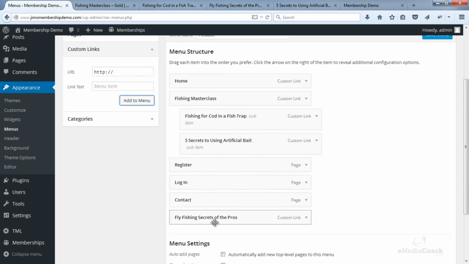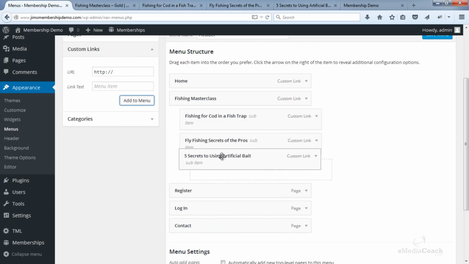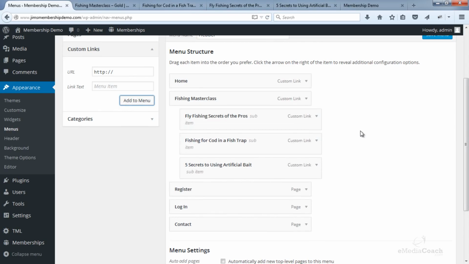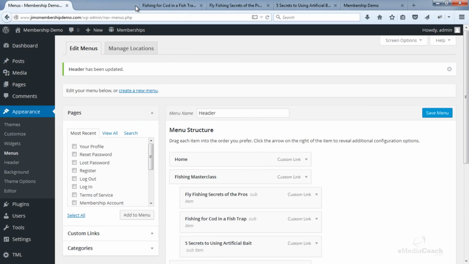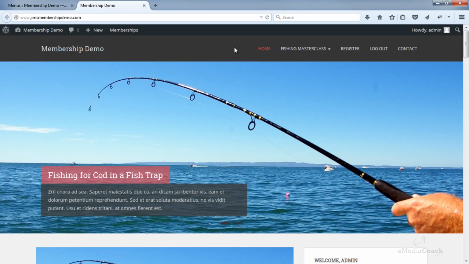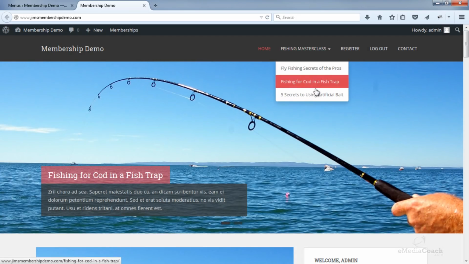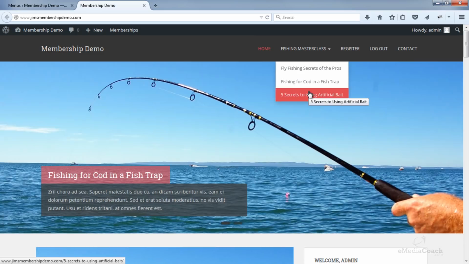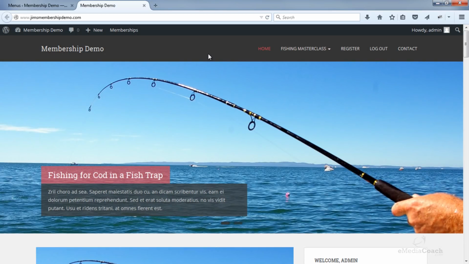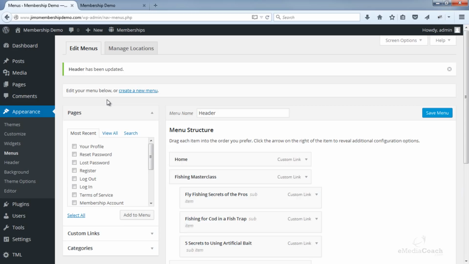And we can drag and drop this, and also within submenus you can also rearrange the order in which they appear. And click Save Menu. Now if I just refresh the site, there we go, we have a new drop down menu, and you can see how that works right there, and it looks really good. So basically use your imagination, decide how you want to structure your membership website, and then create your structure in that way. If you have any questions about the menu items, please do ask in the comments below.